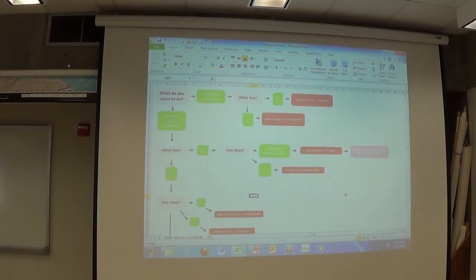Because it's not quite done yet. There will be one more branch of the flow chart that I'm going to add, but I'll send you guys the full flow chart so you have the whole thing. And it's an Excel spreadsheet. You just pop it open. And basically, with this, I've designed the flow chart for you to take with you.